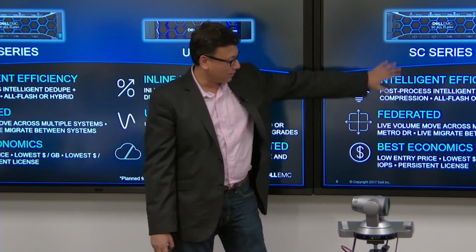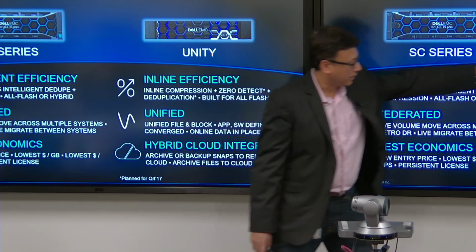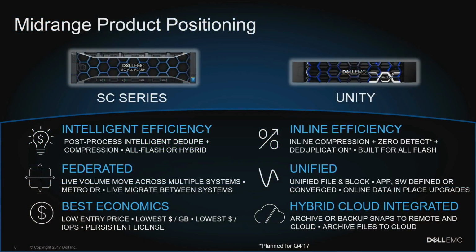And then moving on, Unity has one of the key things that we have. When we met last time, we talked a lot about hybrid cloud integration, right? Customers going with cloud try to decide, should I go with cloud or on-prem? What we are saying is, no, you don't have to make that decision. You can do both,